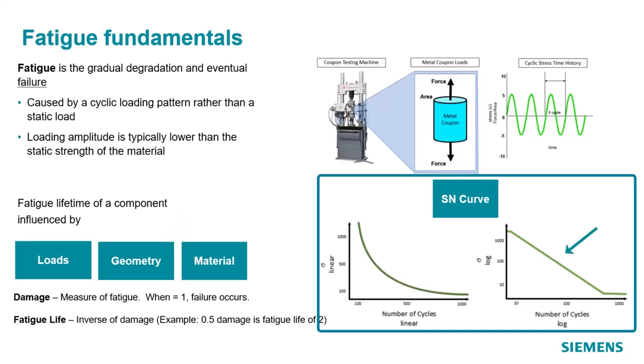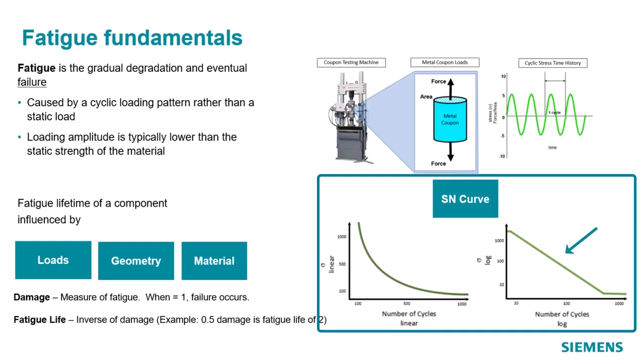As I said earlier, this SN curve represents the number of cycles to failure. N represents the number of cycles to failure. So for a particular stress level, the number of cycles to failure is shown by this SN curve for that material. For different types of material, this SN curve will be very different. For aluminum, it will be different, and for iron or steel, it will be very different.